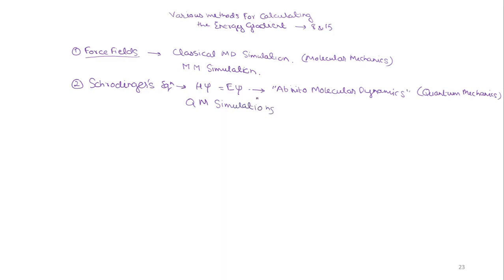Any method that implements Schrodinger's equation for calculating the energy gradient is referred to as QM simulations. There are also some hybrid methods designed that make use of both MM as well as QM approaches. We call such methods quantum mechanics/molecular mechanics, or simply